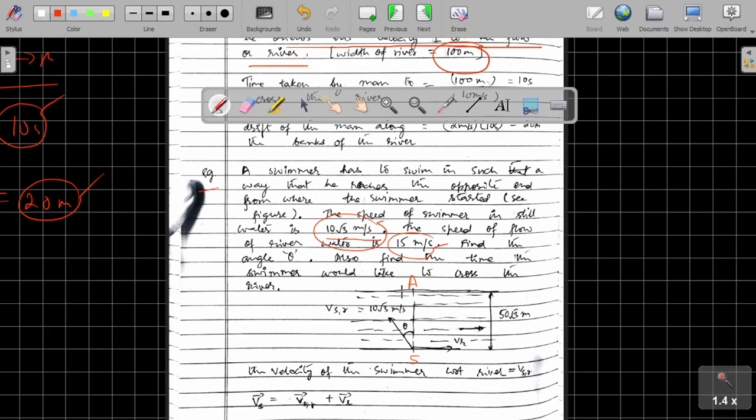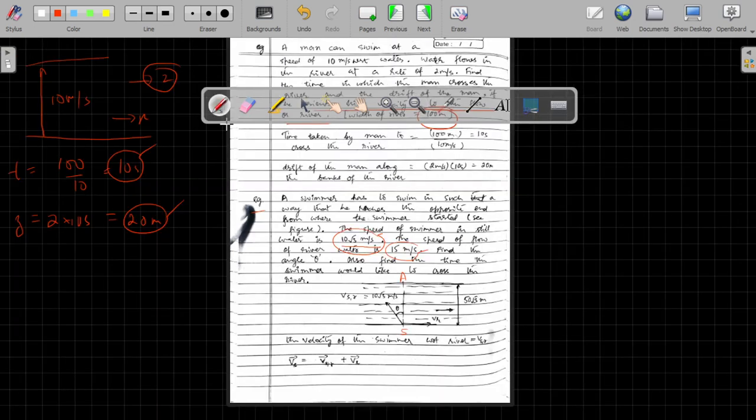Like we discussed, if we orient our velocity along the direction SA, it's not going to work. We have to put an angle to our velocity so that the component of our velocity cancels VR. So let us do that and move further. We know that the VSR sine theta component has to cancel the velocity of the river, which is VR. VSR is 10 root 3 and the velocity of the river is 15. So sine theta is equal to root 3 by 2, which implies theta is equal to 60 degree.